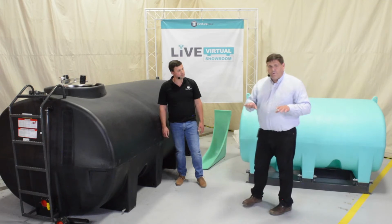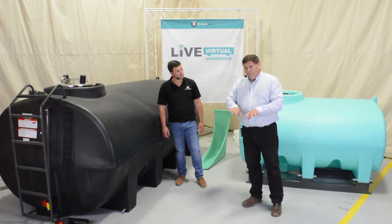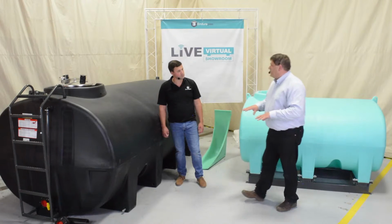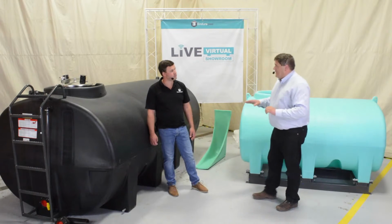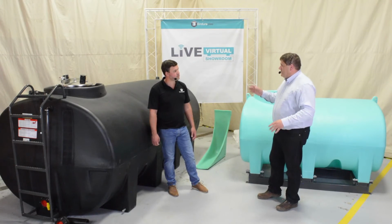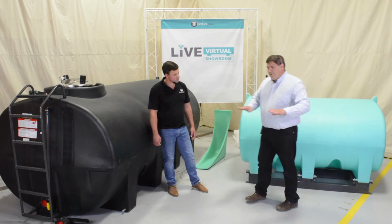The 2,800 and the 3,200 sump bottom are sloped. And the reason for that is that's for fast drain out. Those particular two models are made for speed. The other models, 2,500, 3,000, those sump bottoms, they're still going to be the flat bottom